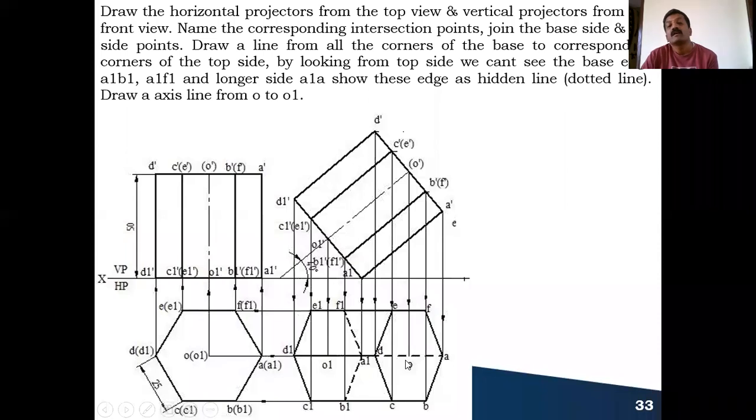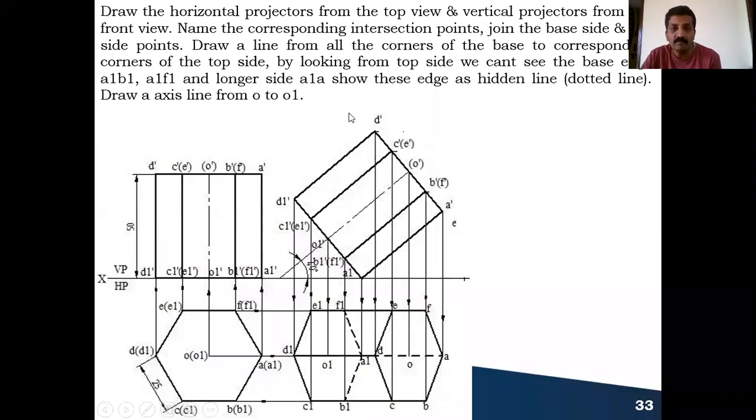So after coinciding all the points, after naming all the points, now you have to keep on joining these points. So you're looking from the top, correct? You are looking from here, the complete top face you can see, which is A, B, C, D, E, F. Immediately you can draw a visible edge for this top face, that is A, B, C, D, E, F.